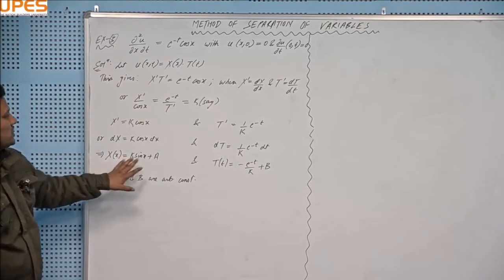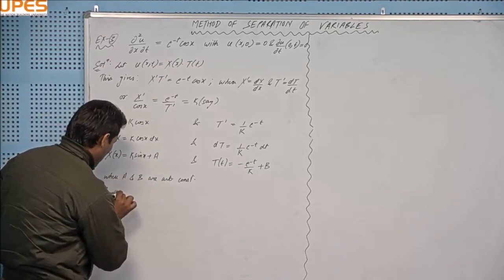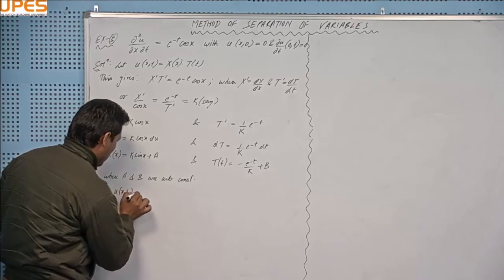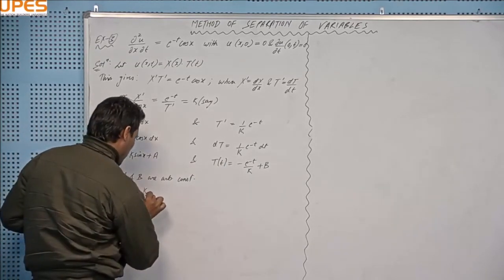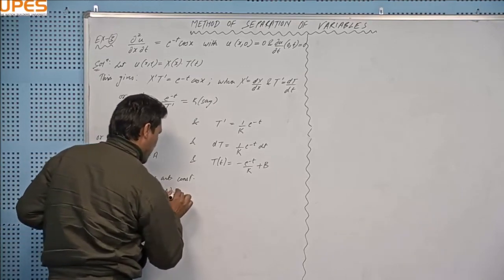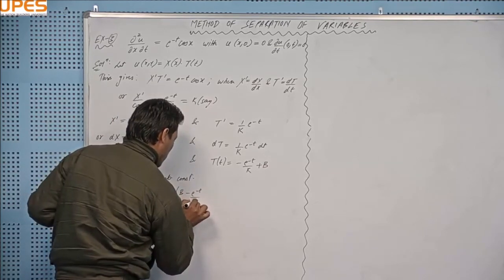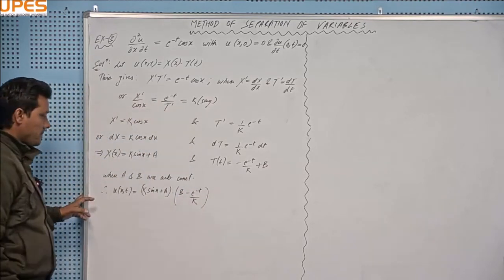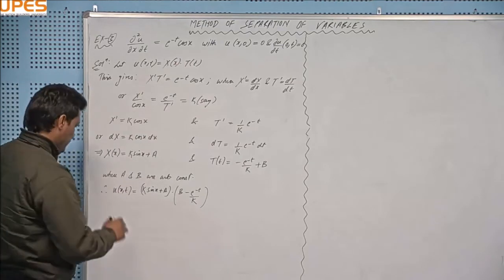Now putting these values here, u(x, t) will be equal to the product of two functions, right? And that will produce k sin x plus capital A multiplied by B minus e to the power minus t upon k. Fine. This is the general solution. Okay. Then using the first condition,